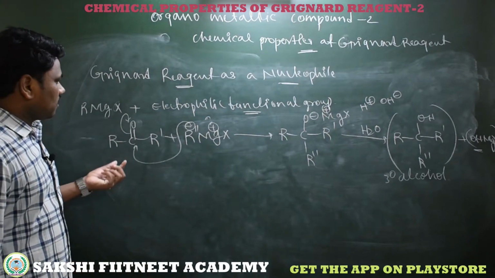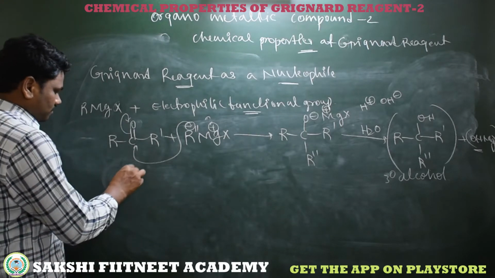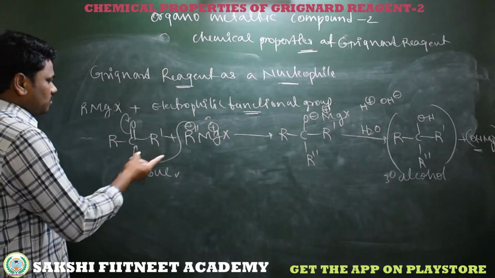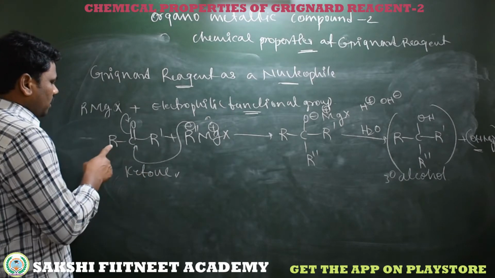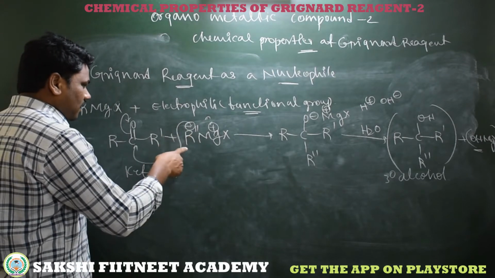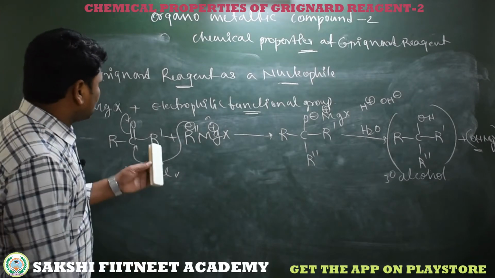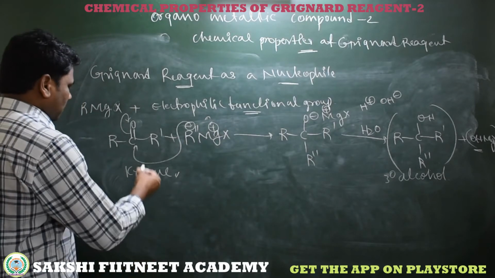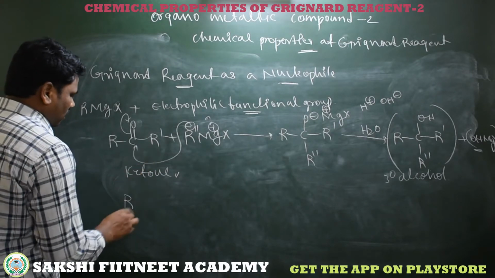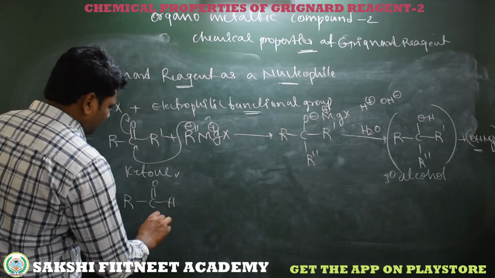So we are preparing a tertiary alcohol by treating a Grignard reagent with the ketone. You can take an alkyl group here, CH3, or you can take CH3CH2, or any alkyl group, and then you will get different alcohols. So this is the reaction of ketone with Grignard reagent. The same reaction with aldehyde: here instead of an alkyl group, we have a hydrogen, R C double bond OH, that is an aldehyde.